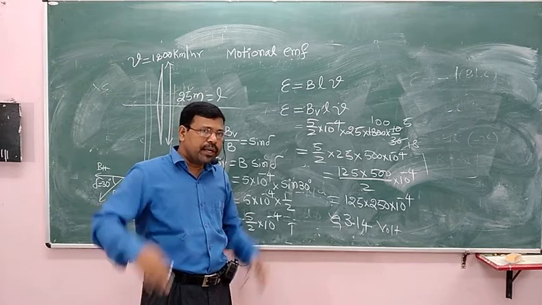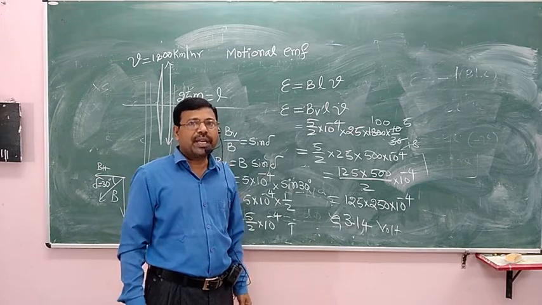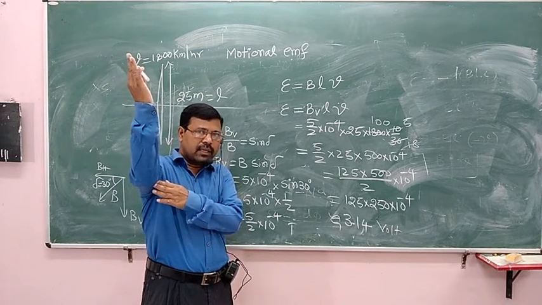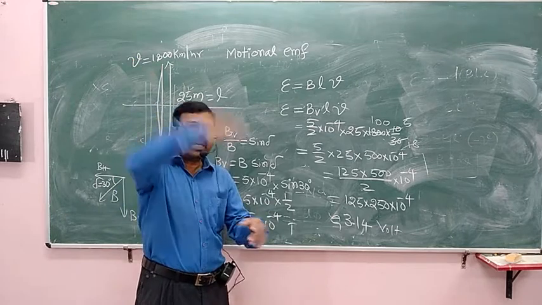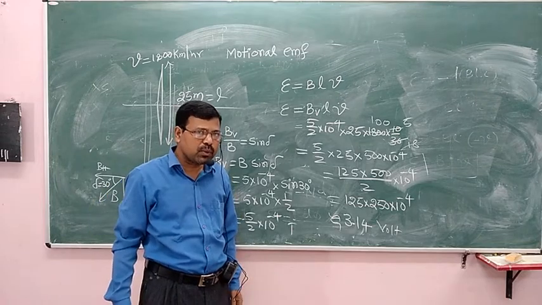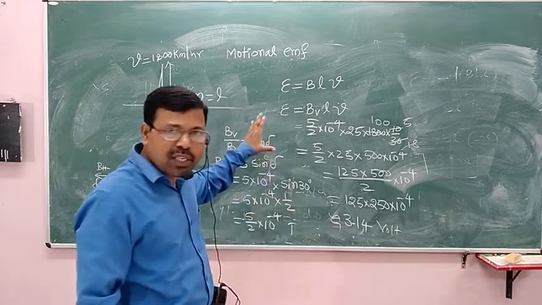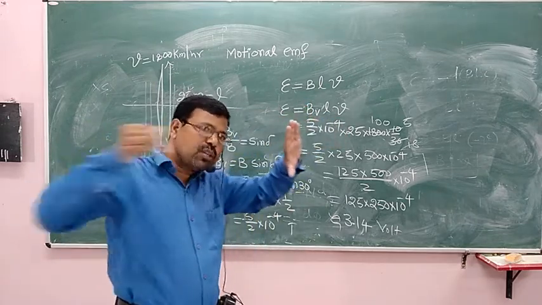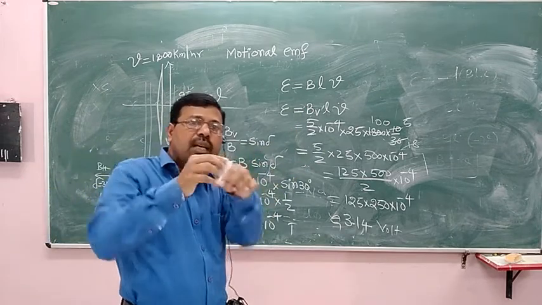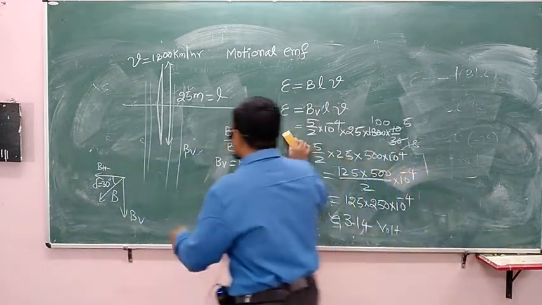Okay. We need to calculate one more EMF, that is called rotational EMF. Whenever the flux linked with a ring changes, the induced EMF is produced. That is called rotational EMF. Here the EMF is generated due to linear motion of the conductor. There the EMF will be generated due to rotational motion of the conductor. Let us see that part now.